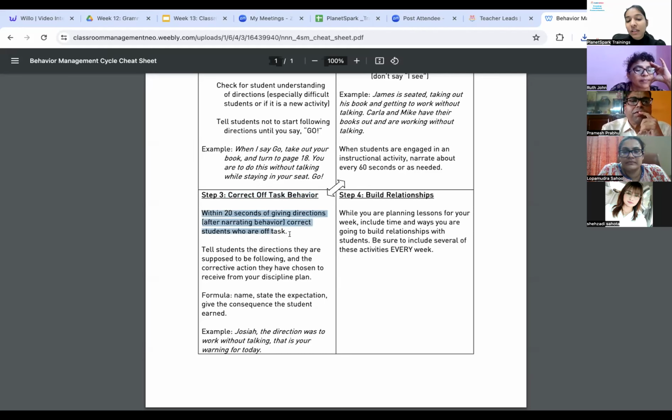Another thing you can do for corrective action is to repeat your expectations again for students: this is what I'm expecting you to do, I do not see you doing that, so I just want to call that out. Even this is one of the corrective actions. So there could be different steps, step 1, step 2, step 3, step 4. We can also name it as consequences. You might hear certain words because I will be sharing some reading today. So consequences are also sometimes used in corrective actions.